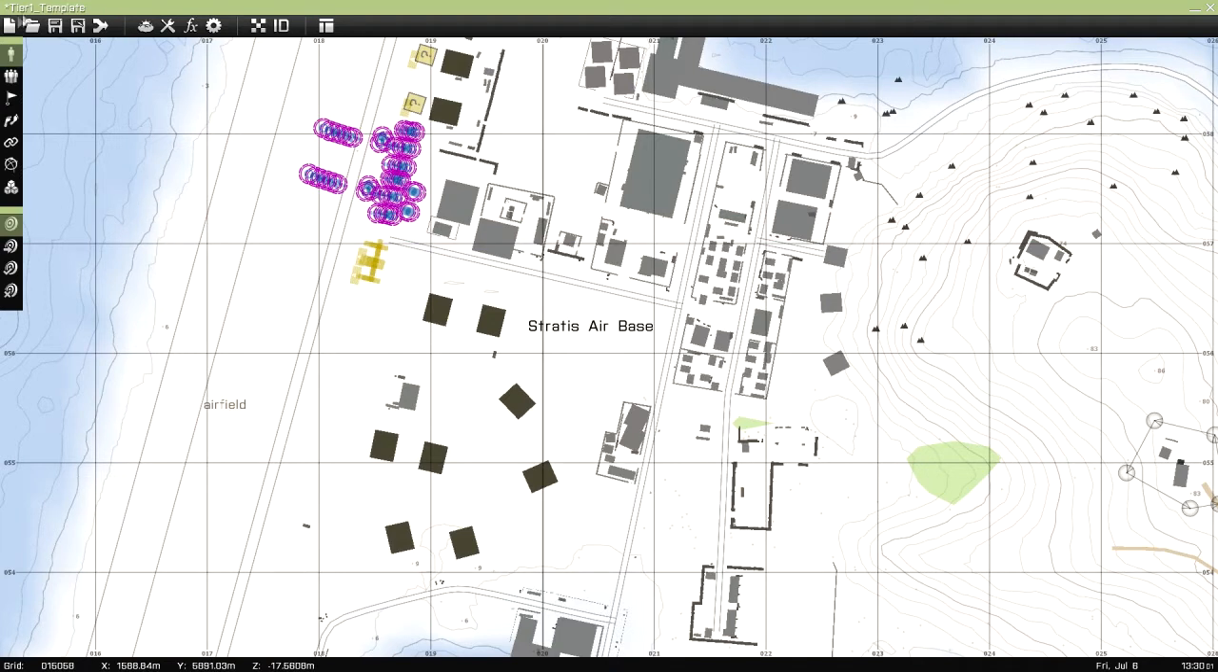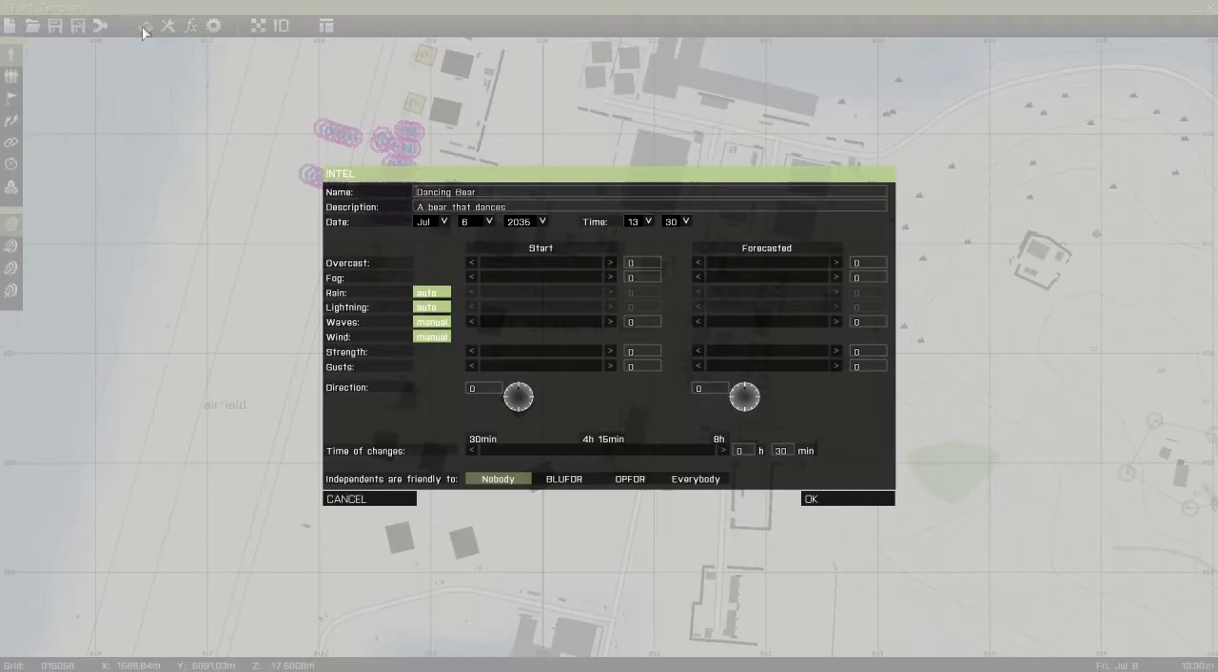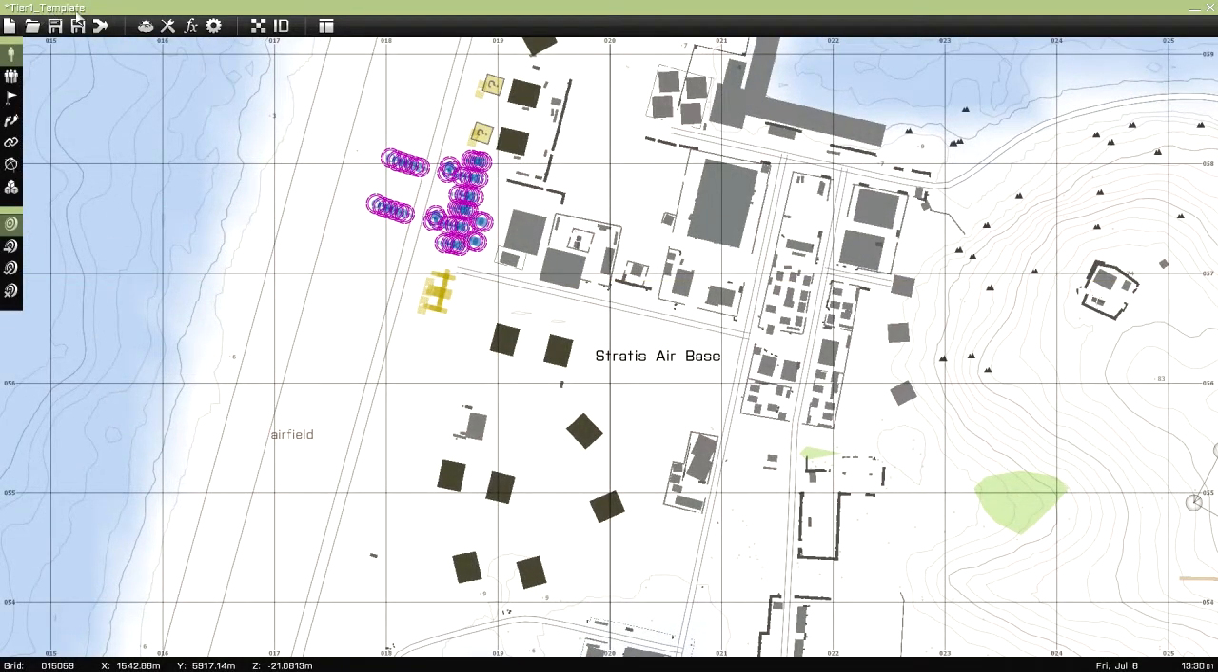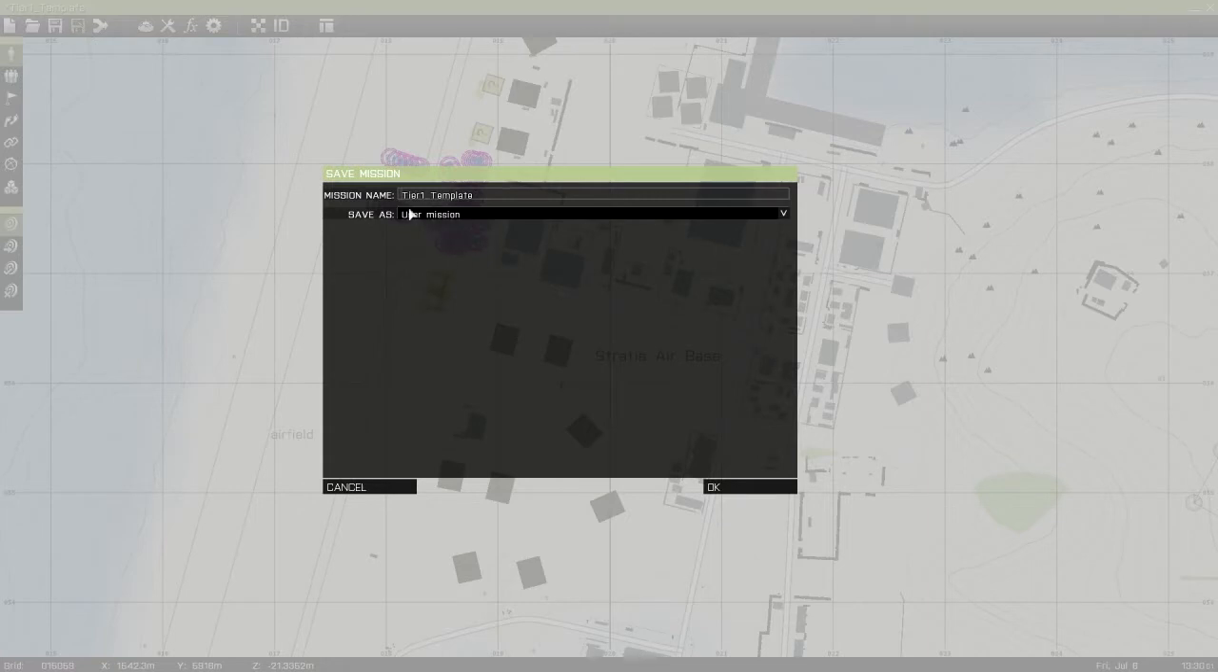Thing is, look up here. It's still called template, but it is different here. That's because this one displays the file name. It doesn't display the mission name, so to speak. So to change the file name, we're gonna do that over here in the save as. So we change it to